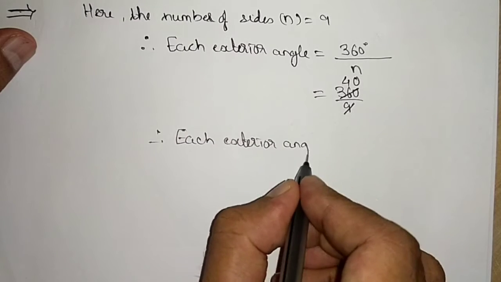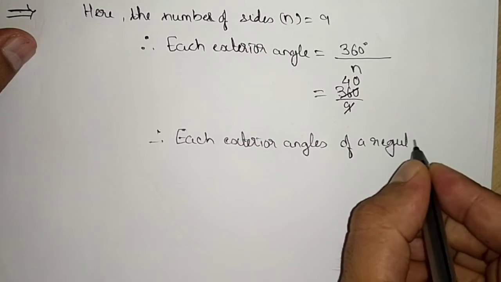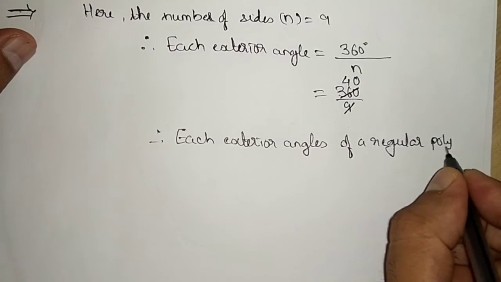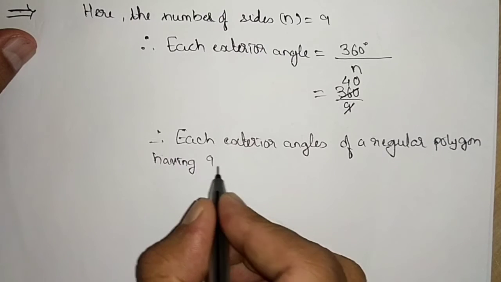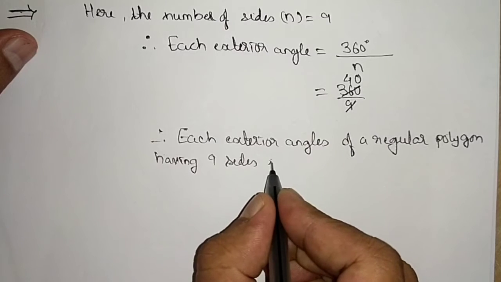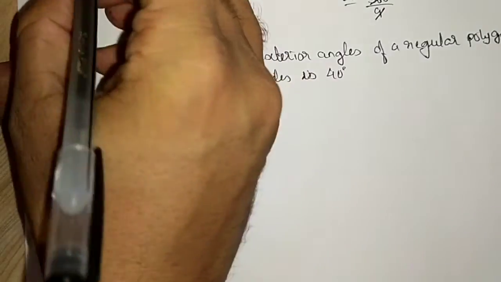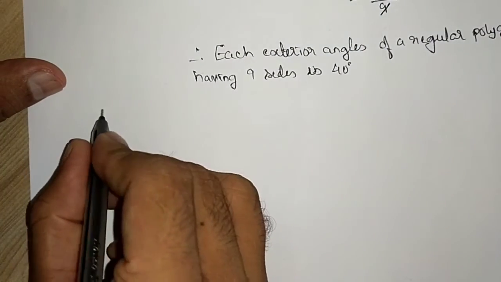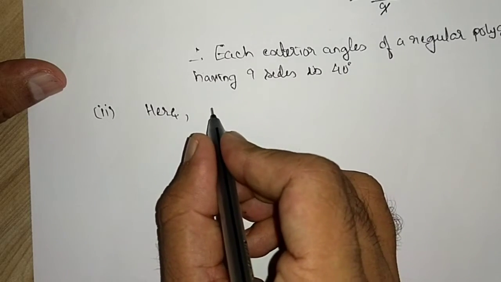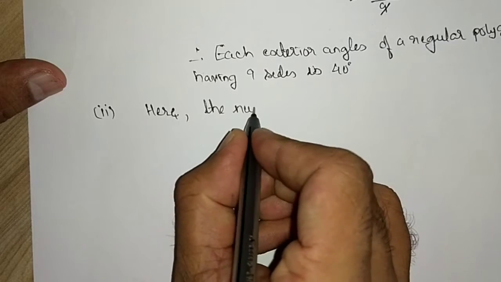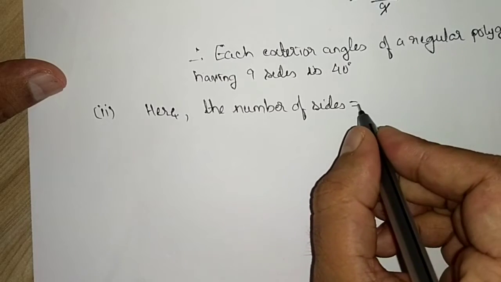Therefore we can write each exterior angles of a regular polygon having 9 sides is 40 degree. Right? This was our first question, first part. Now second part. Here we will write the number of sides is equal to, n is equal to